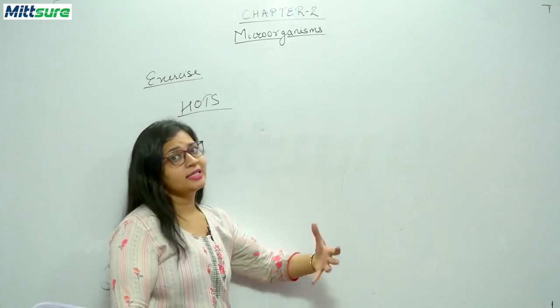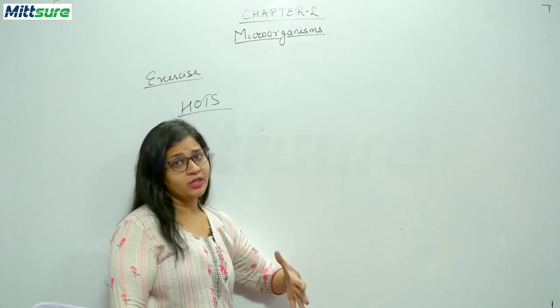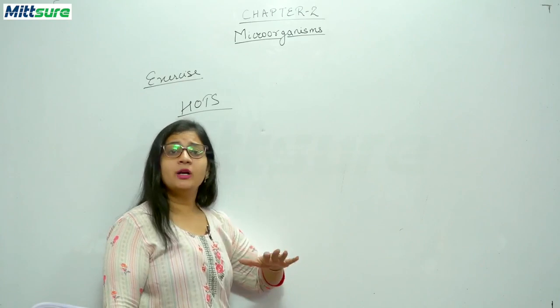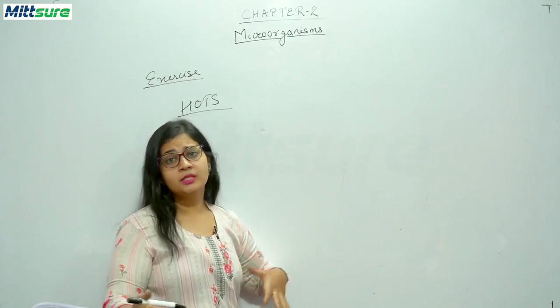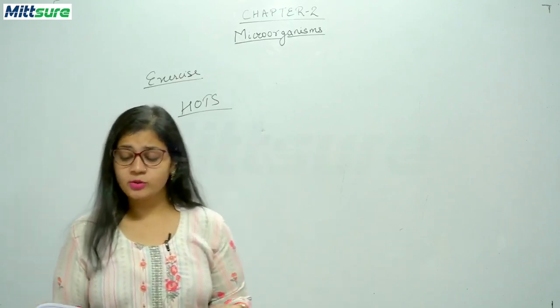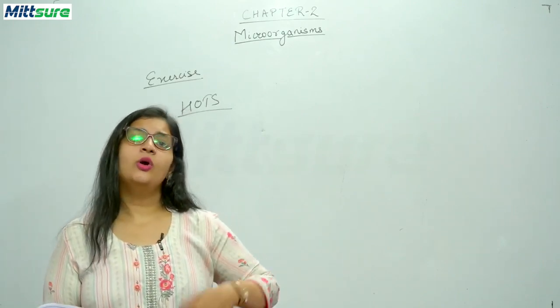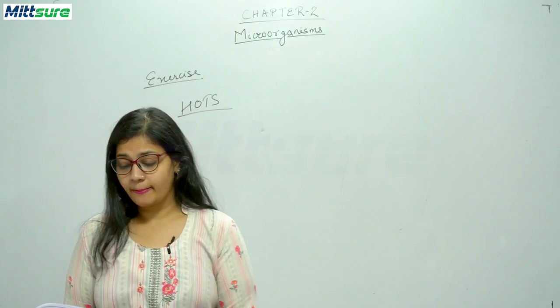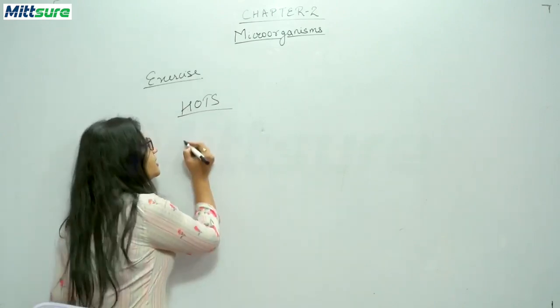They develop their own antibodies to fight against that disease, and their antibodies remain in the blood or in the body of that healthy person for a longer period of time or for forever, so that that disease do not develop in that person again. Now we'll be discussing the next thing, that is